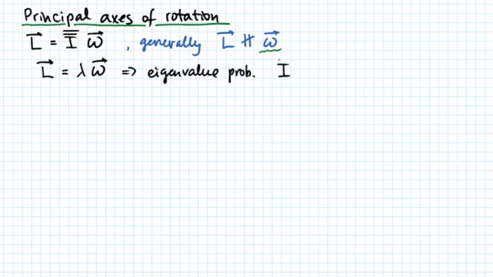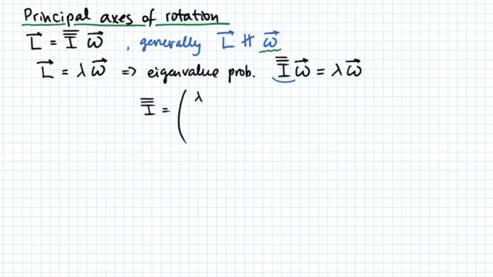because now we have that the tensor I times omega is the same omega times a constant lambda. In any given specific coordinate system, we will have tensor I written as a 3 by 3 matrix. And so, solving this eigenvalue problem, we will write a diagonal form of matrix I,